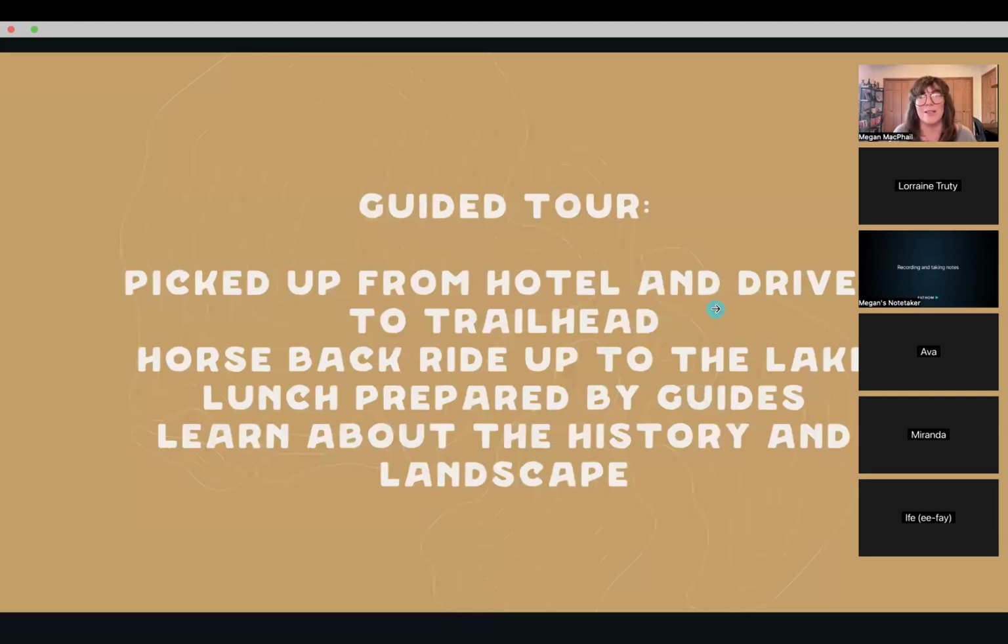What I'm going to do is book a guided tour because they're going to pick us up from the hotel early in the morning and drive us to the trailhead while maybe we take a nap or eat some breakfast in the car. Then we're going to be able to take horses up to the lake, which is really cool to me because some of these hikes are at 12,000 feet above sea level.